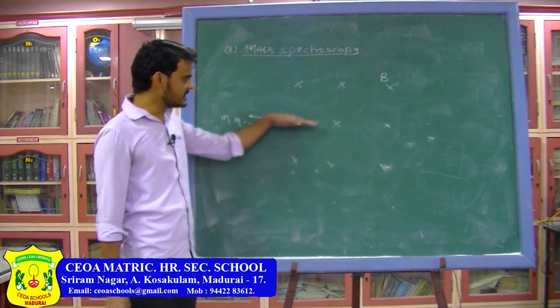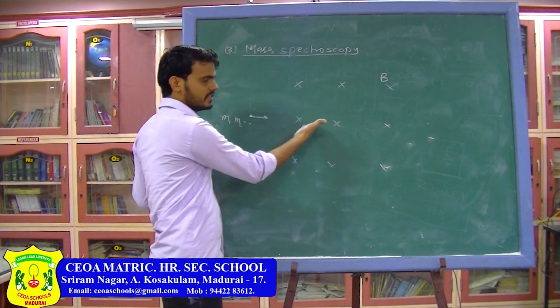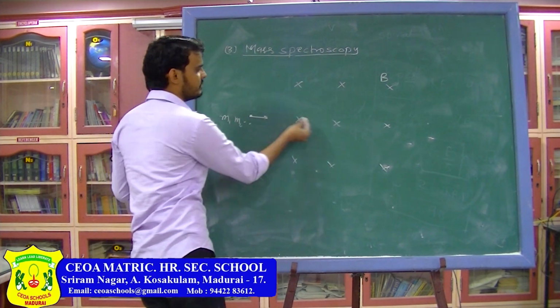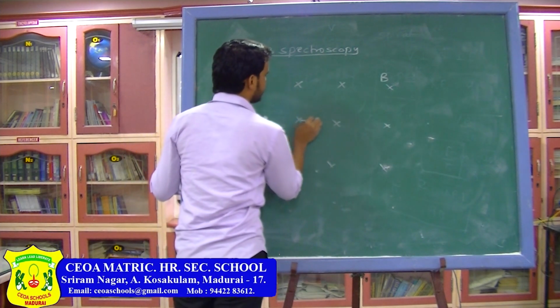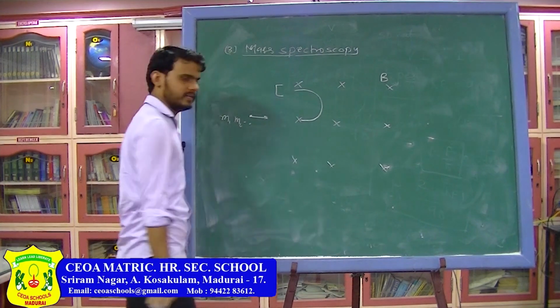As the particles enter the magnetic field, velocity is in this direction, magnetic field in the inward direction. So, the particle will undergo a circular motion in the upward direction, if they are positive, and if they are negative, they will go in the diagonal direction. The particle follows a radius like this, and you keep a container here, so you can collect these particles.